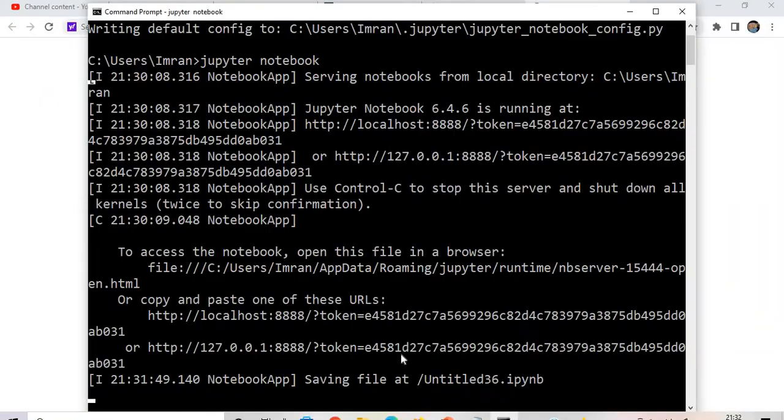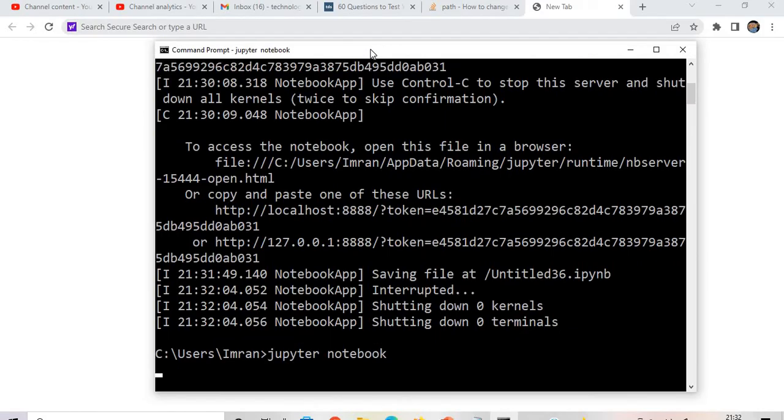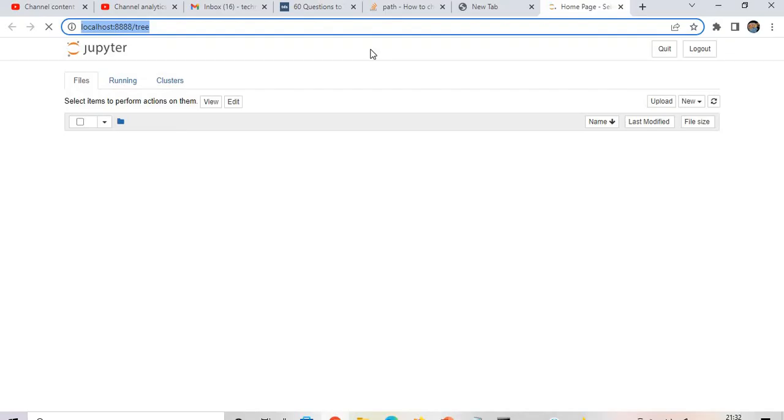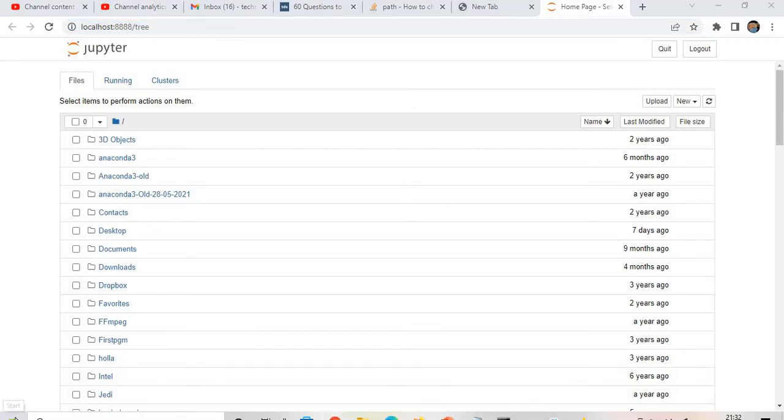We will come out of this session, Control C, press twice, and then again run Jupyter notebook. So you can see here, this is my Google Chrome browser, and here the session of Jupyter notebook is being triggered. Now similarly, if you want to open it in Mozilla Firefox, we'll go here and we'll type